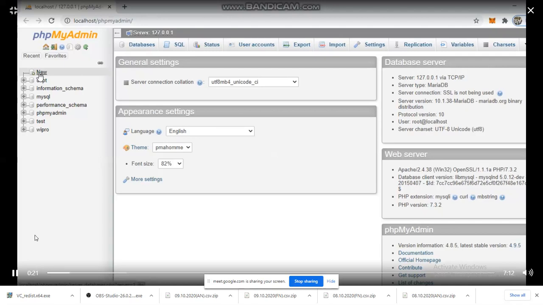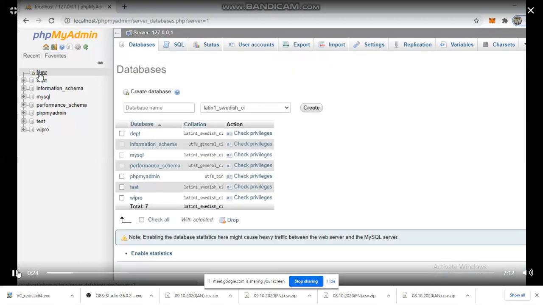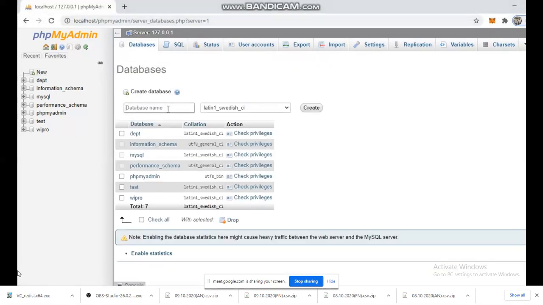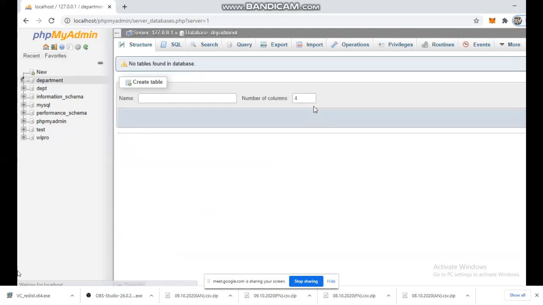He is creating the new database by clicking that new button. See that? He's clicking the new button, and he is going to create a new database. He is typing the database name. By clicking the new button, he is creating the database first. The database name is department. Don't worry about languages. Just click. Now the database is created. You are not writing any commands. Directly through the admin console, you are creating the database.